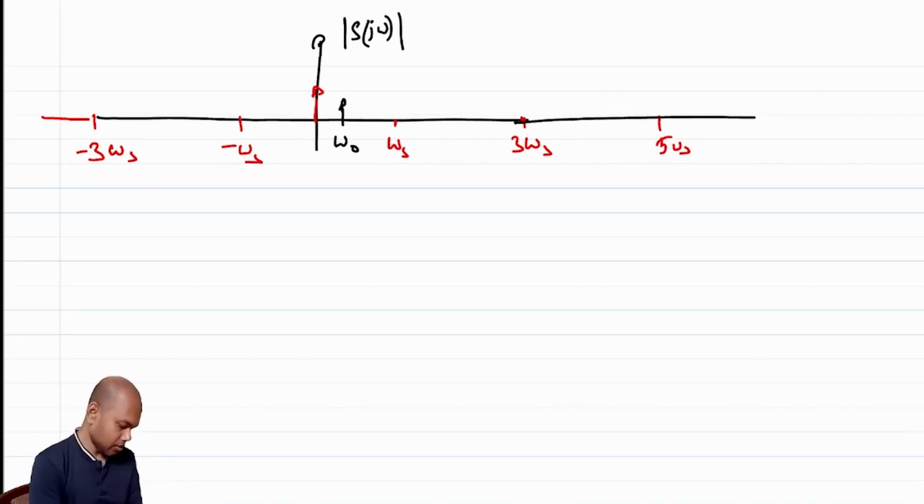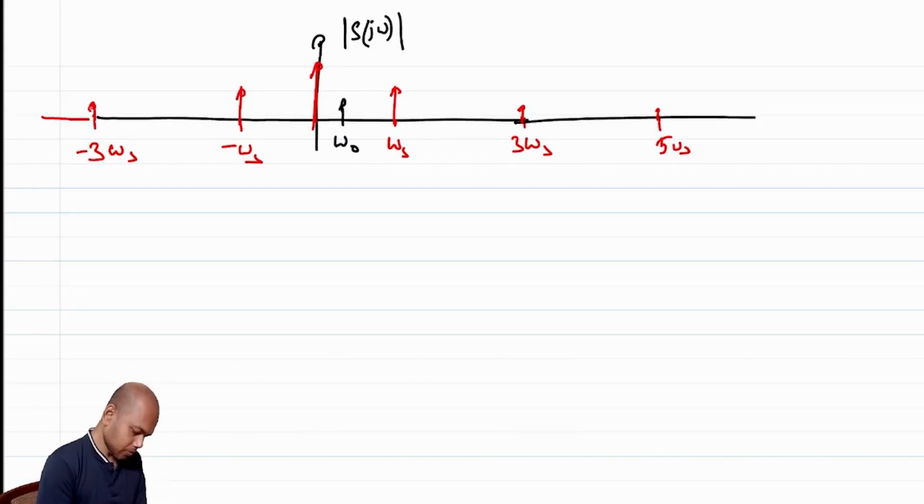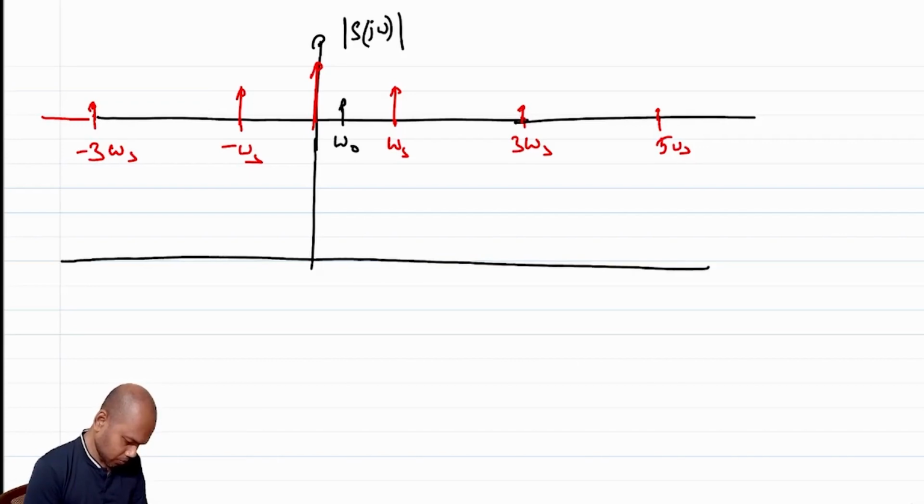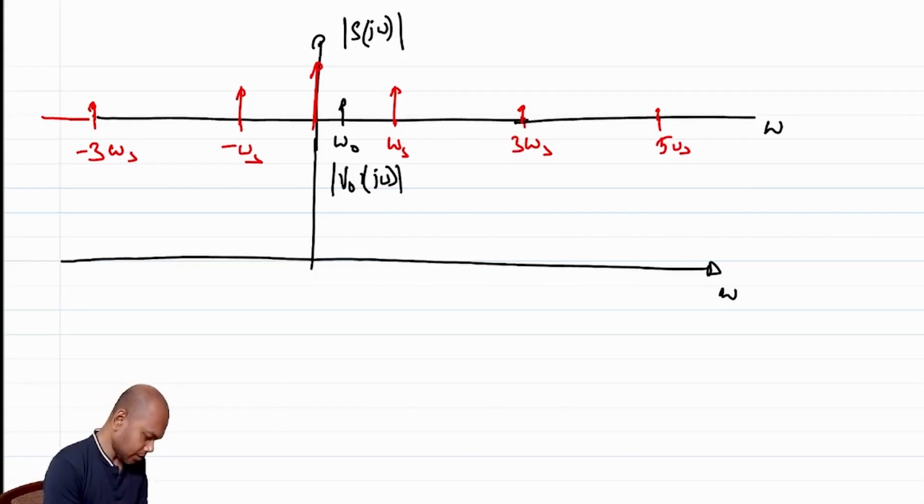So what will be... also mark the strength of the tones. Maybe I will mark it slightly higher amplitudes. And so on. So if this is the case, what's going to happen? You're going to see an output, mod V naught j omega. You're going to see an output such that this tone,